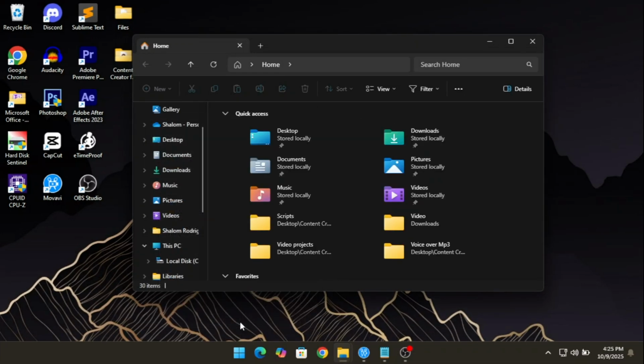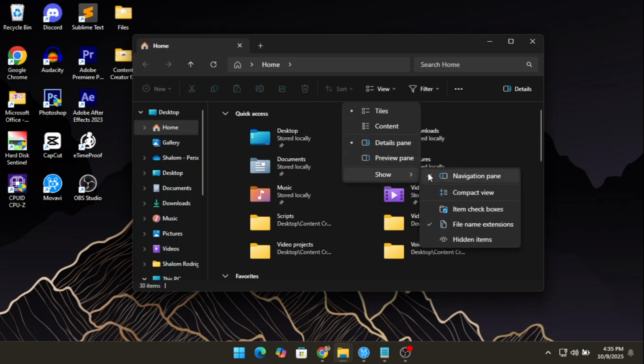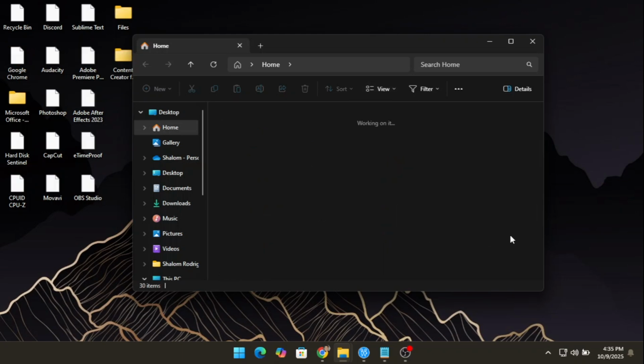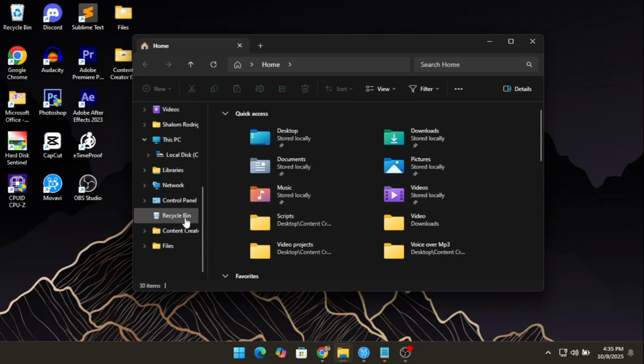If Recycle Bin still doesn't appear, you can use a registry tweak or simply drag and expand the navigation pane. Also, ensure you haven't hidden system icons in your navigation settings. And there you go. Recycle Bin now shows up in your File Explorer sidebar. No more switching to desktop just to